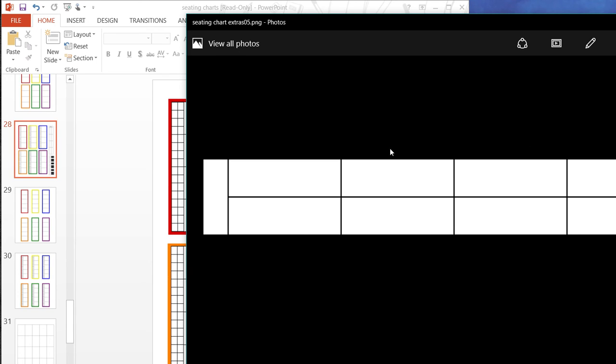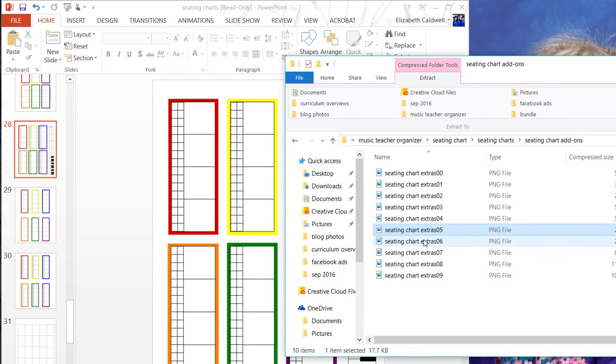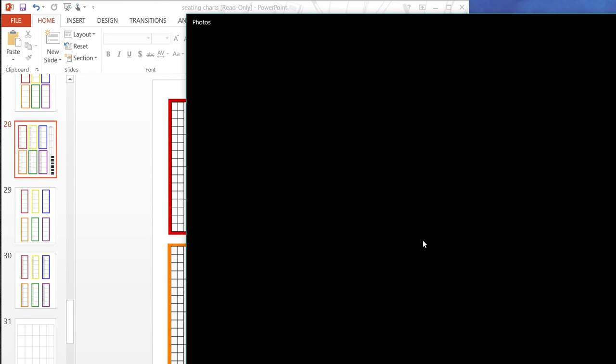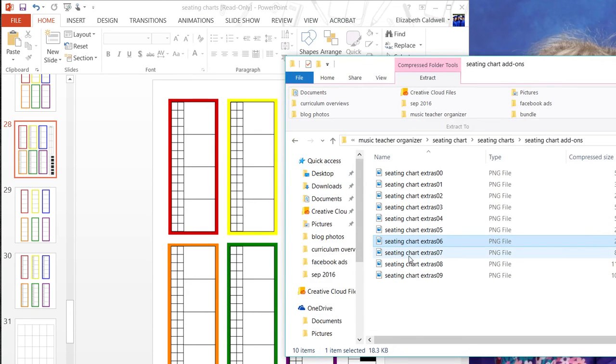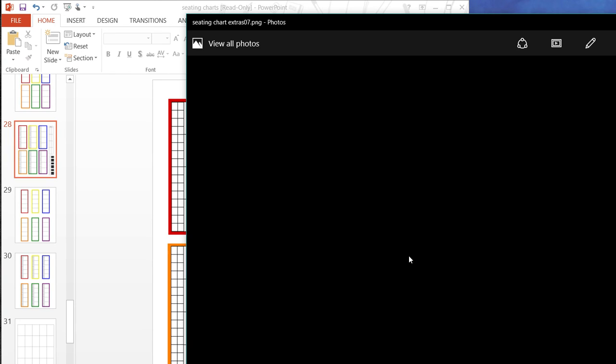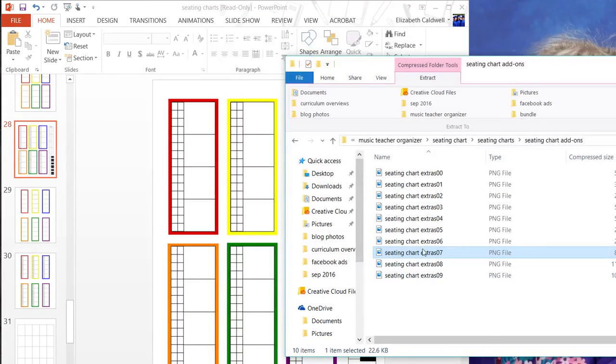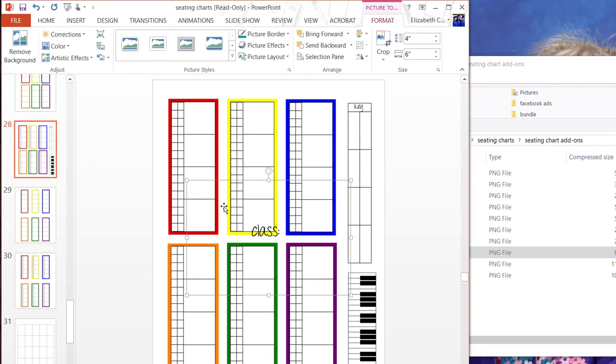So this is a blank one. If you needed to keep track of some other data, I have a few tables that if you need to keep track of data separately, or a checklist of something that you do with each class. And then, of course, you can handwrite these in, but just to make life a little bit easier, you can't see that on the black background. Here's a place so that you can label the class,